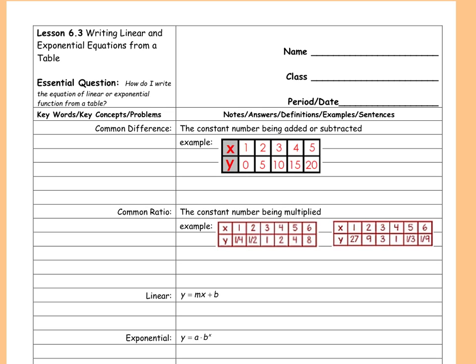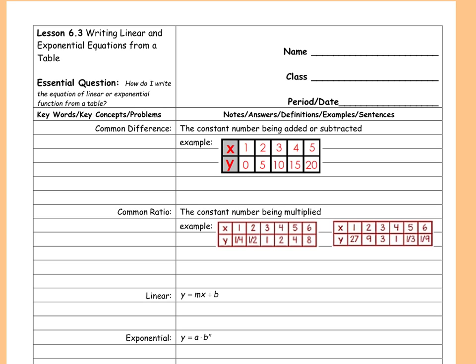Go. So we're going to define a few words, and I tried. You guys know, in the last couple days, I tried not to define these two words until next unit. But we need to know them now. So we're going to define common difference and common ratio, because we're going to be using them when we are